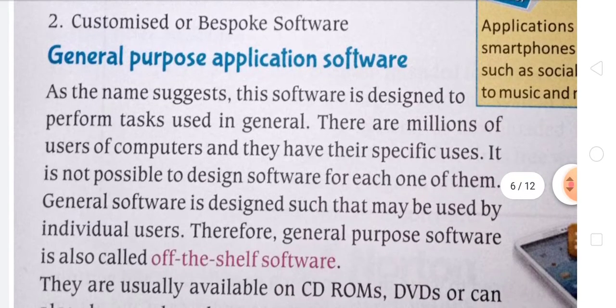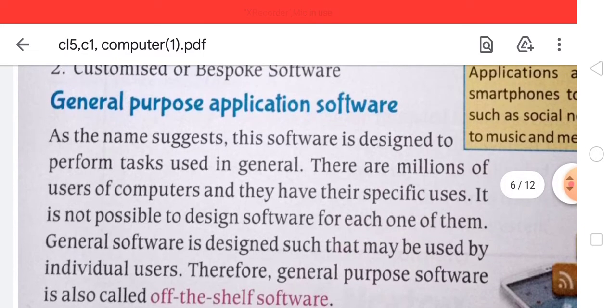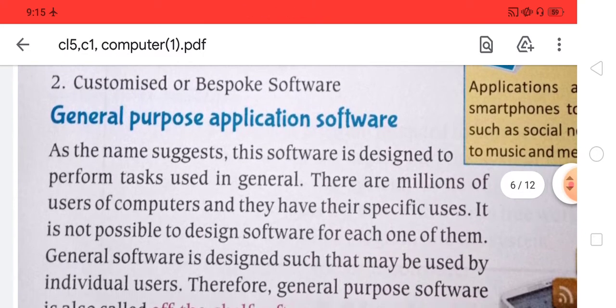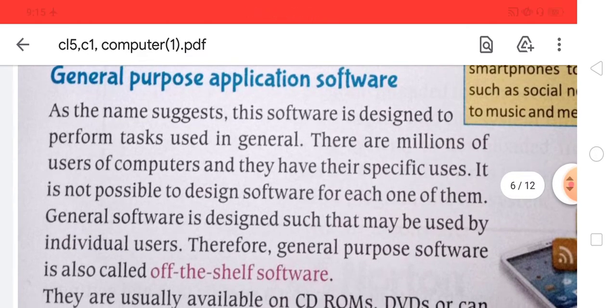Then after that, general purpose application software. It is also known as standard application software. As the name suggests, this software is designed to perform tasks used in general.